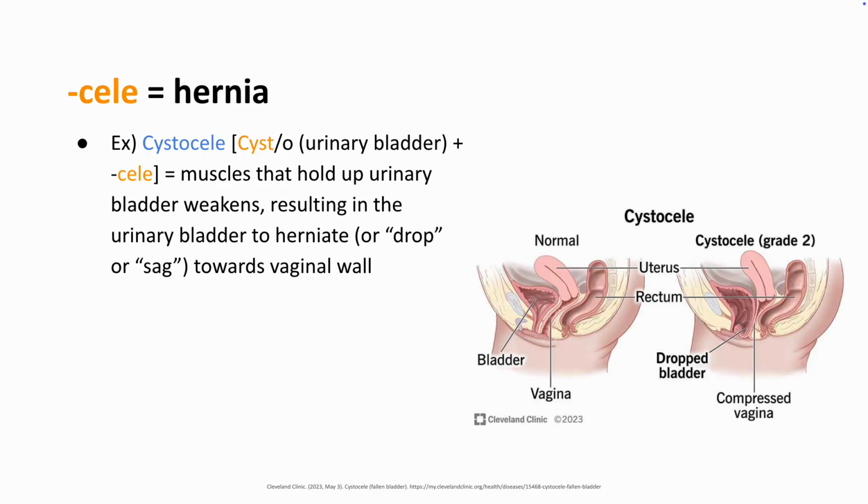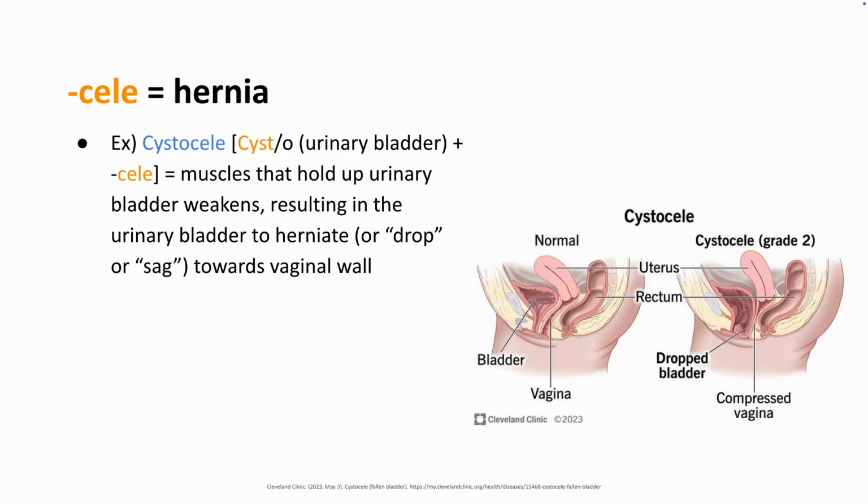Suffix cele is a medical term for hernia, which we briefly mentioned last time. So a hernia is when some of your body part bulges out and invades the place that it's not supposed to be. So cystocele: cysto was urinary bladder, plus cele, hernia. So cystocele is when the muscles that hold up the urinary bladder weaken or stretch out too much, and that results in the urinary bladder herniating, or they call it a dropped bladder, or sag of the bladder towards the vaginal